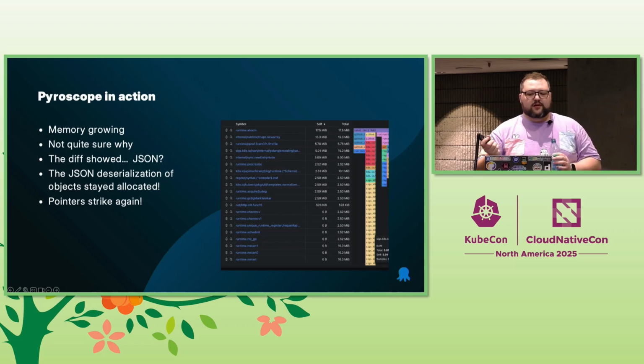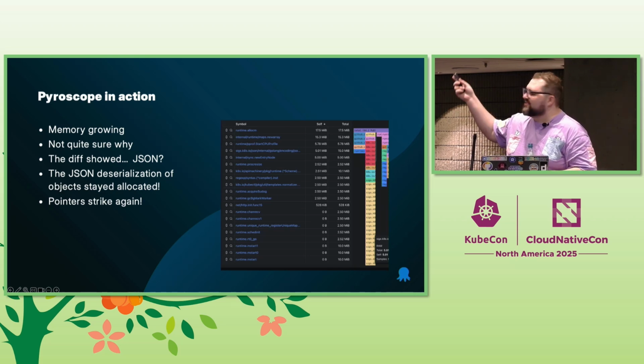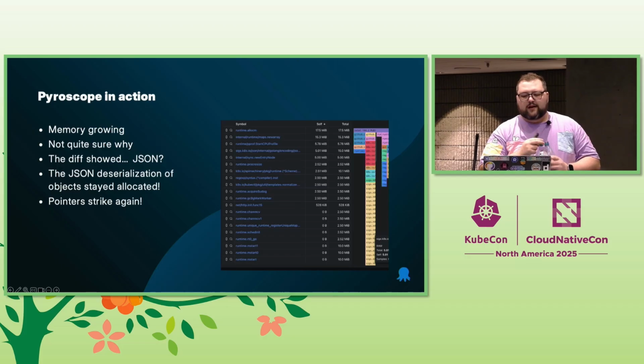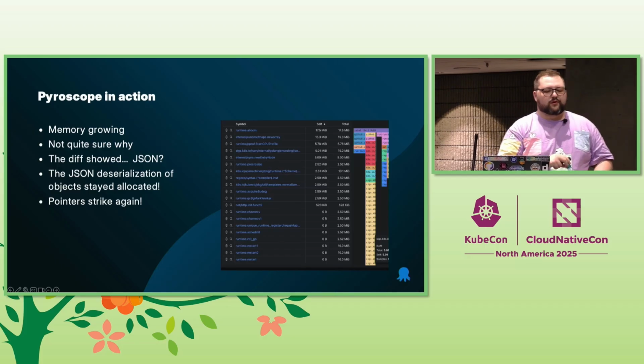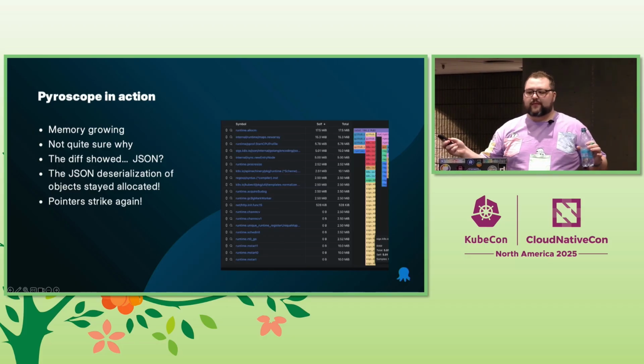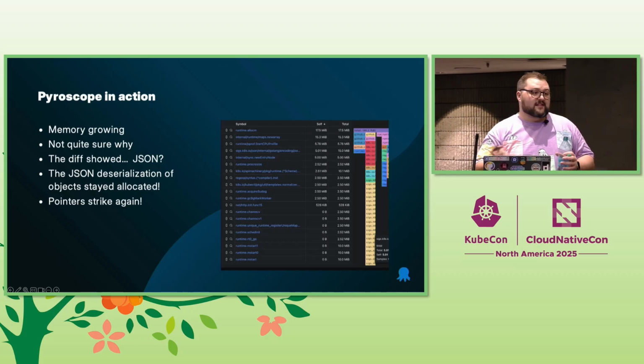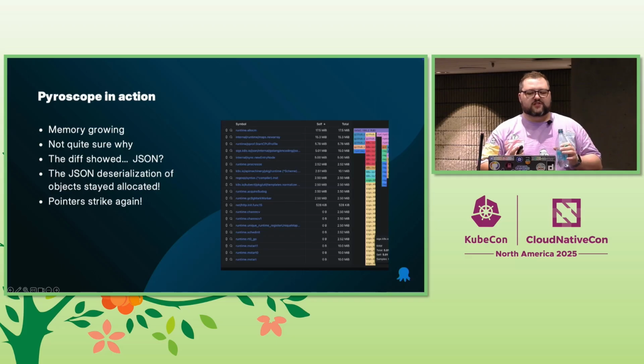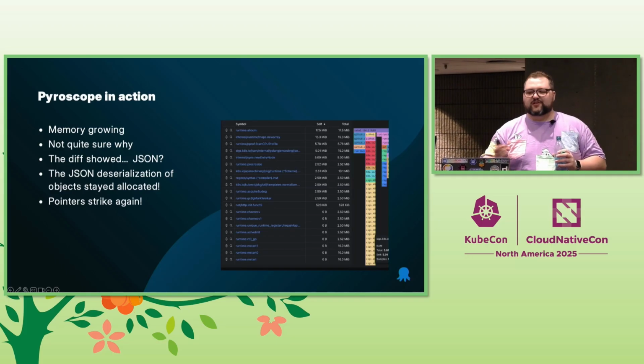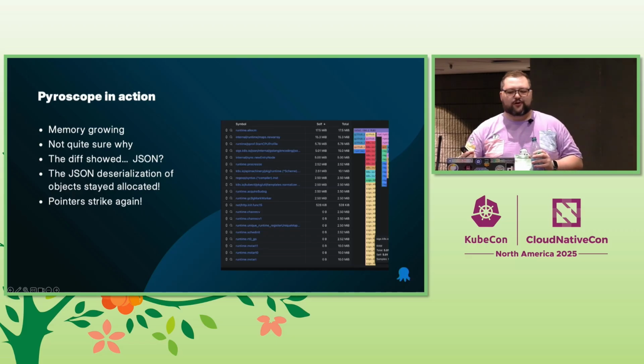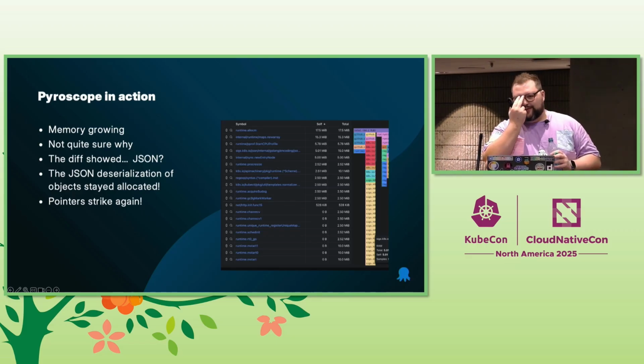In action, this is a quick example. This is actually the after photo of the flame graph. It's a little bit small, but you can see it's like 17 megs or something like that. But we found that all of our memory was growing constantly over time. Using the diff view, what we ended up seeing is that the deserializer was using up just a whole bunch of memory and just never letting it go. Turns out that we were accidentally retaining literally everything because of a pointer that never went out of scope because it was in a Go routine. I'm fairly certain that one was my fault.